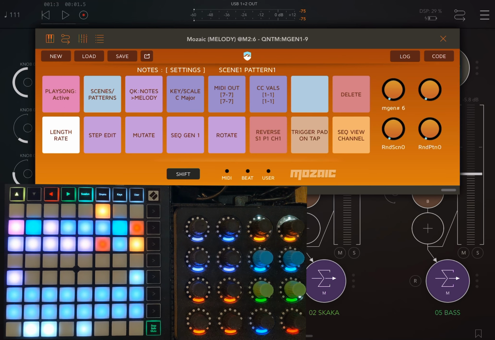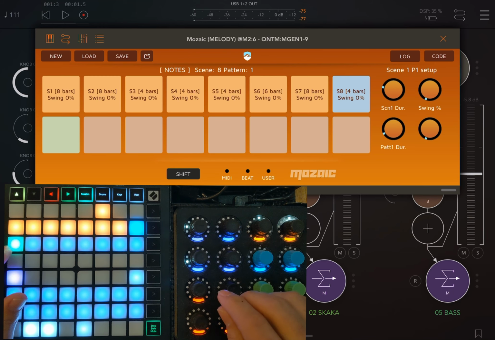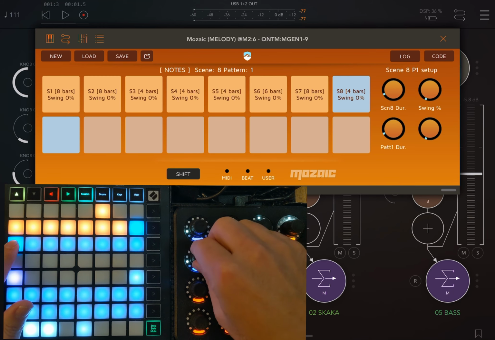Notes is a 4-channel melodic sequencer and generator. It's similar to the Beats device, except that it generates melodic patterns rather than drum rhythms, and it can sustain notes over steps. It has 8 scenes, just like all the other devices, and we can set a duration for